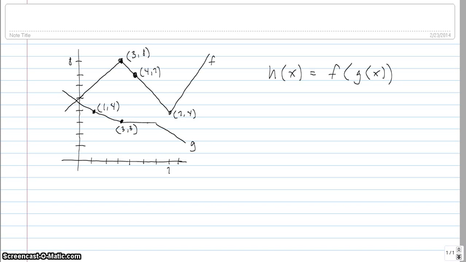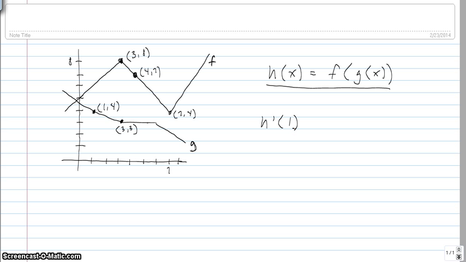Okay, so in this video we're given the graph that we see on the screen, and in this graph we have two functions. The function up here is f, and the lower function is g. We're also given that h is the composition of f with g, and what we really want to find is h prime